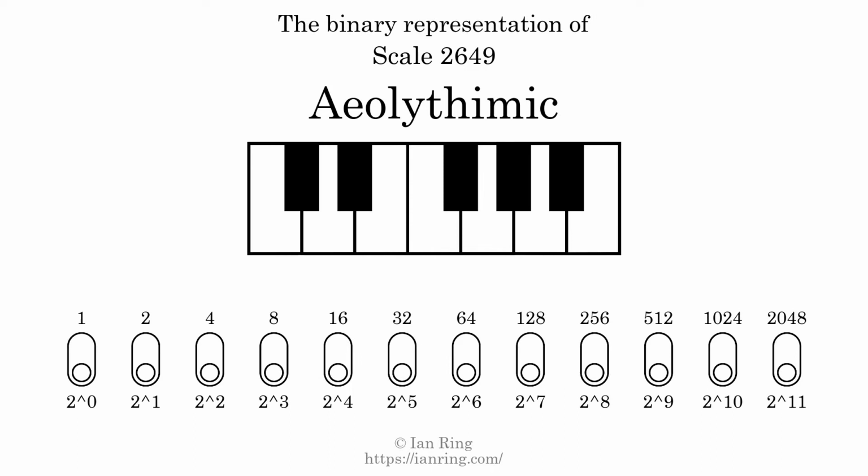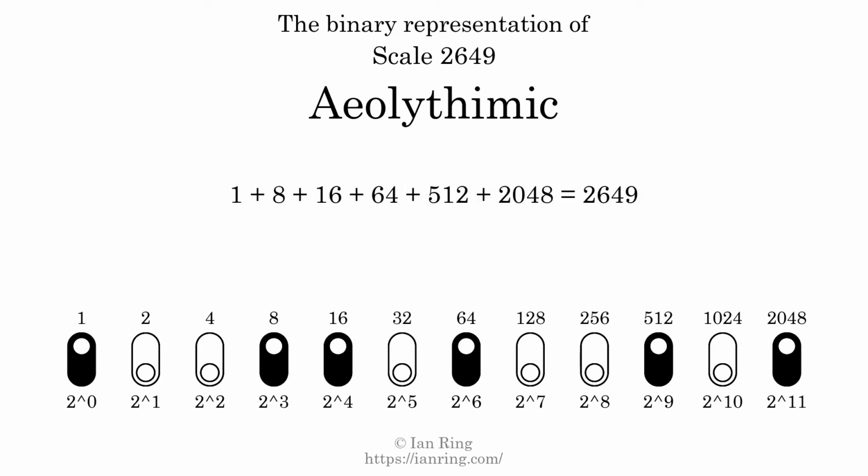The binary representation of this scale is determined by mapping tones of the scale to binary digits. Each binary digit represents a power of 2. To get the scale number, we add the powers of 2 together. The powers of 2 that are present in the scale, all added together, equals 2649. That is why the scale number, in decimal, is